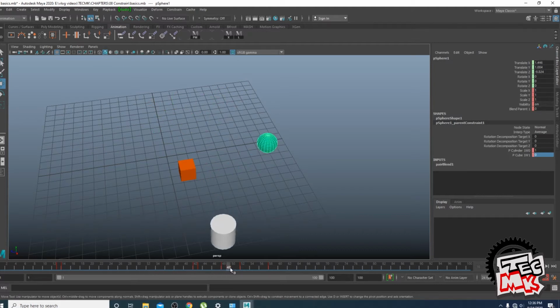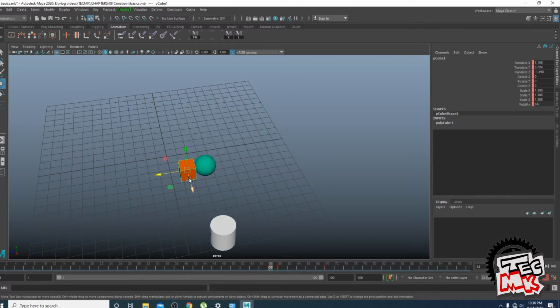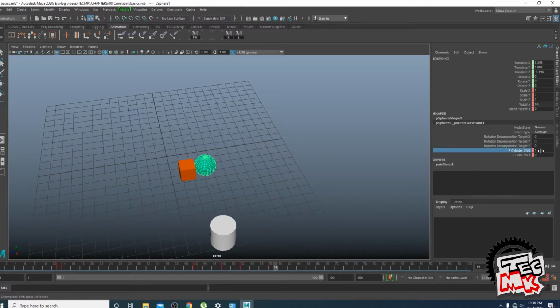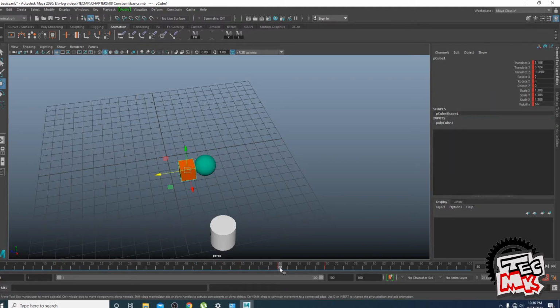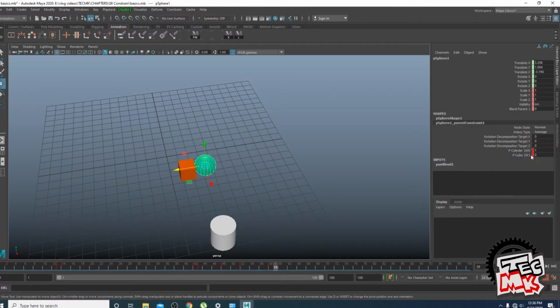Okay, come here, and it goes out. And here, as we know that from 60 onwards, this cube wants to take the sphere along with it. Till 59, the cylinder was having 1 and the cube was having 0. Now we'll key it, as you know, and from where it starts moving from 60. So what we will do, till 59, it will be key selected. This will be key selected. From 59 to 60, what we are going to do is make the cylinder 0, and make the parent cube 1. Also at the same time, guys, check out the blend parent.